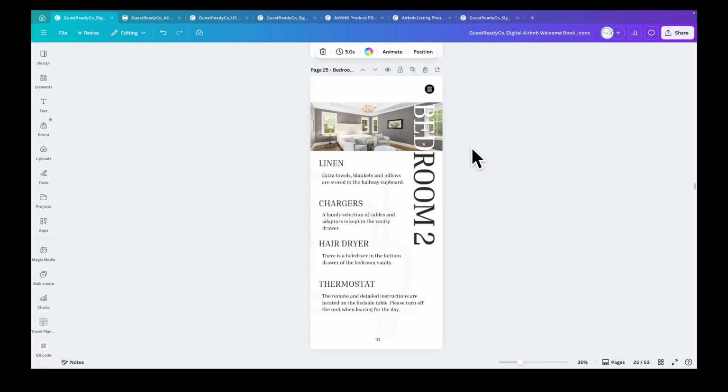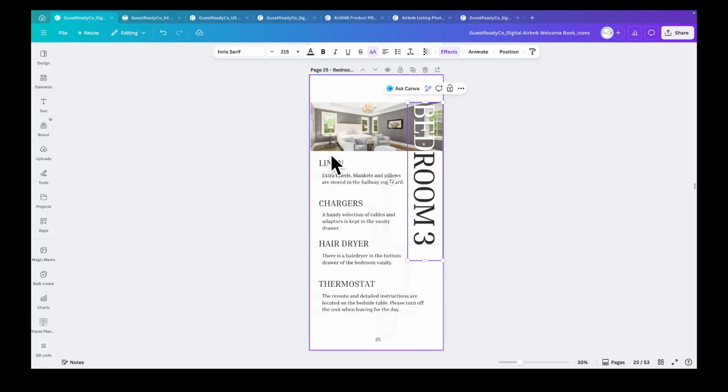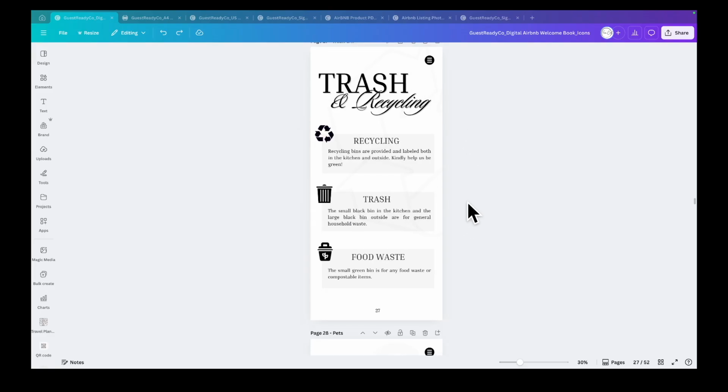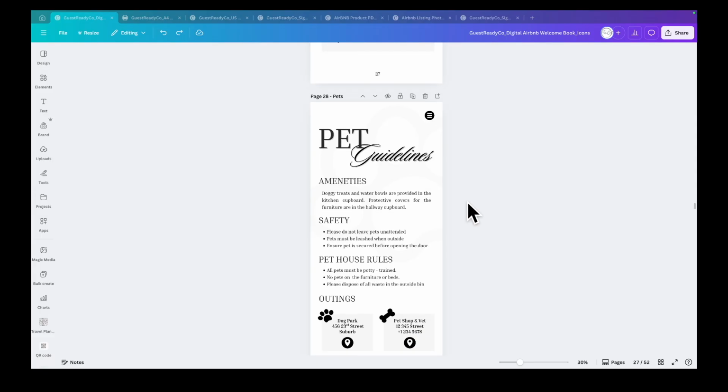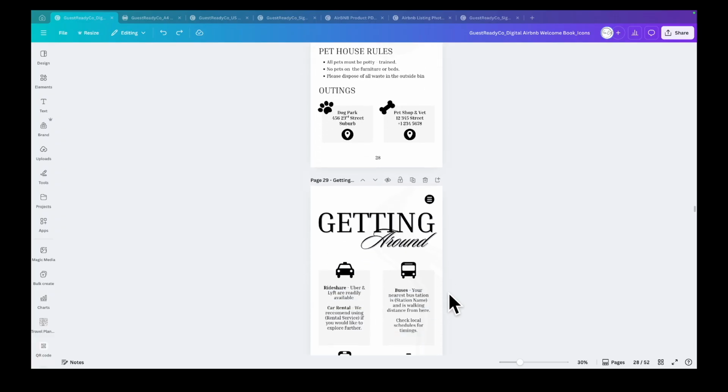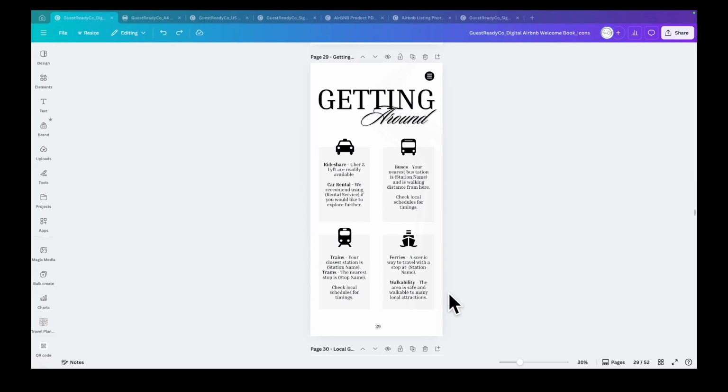And you can just go through and say, for instance, make it bedroom 3, and change in all these little details as you like. Then we've got some pages with general information about the property, trash and recycling, pet guidelines, if you have anything specific for people's pets, or there's maybe a nice dog park or a vet close by that you'd like to tag. Public transport, getting around if they didn't drive,